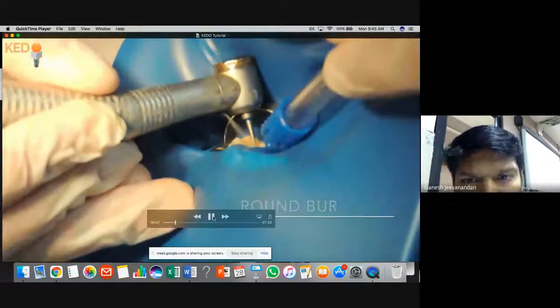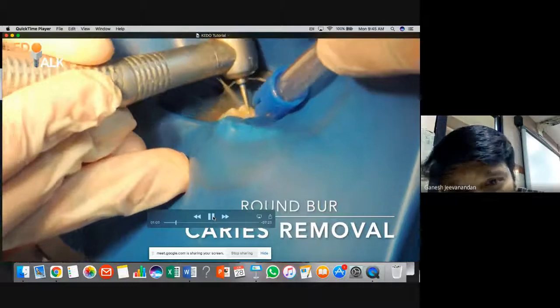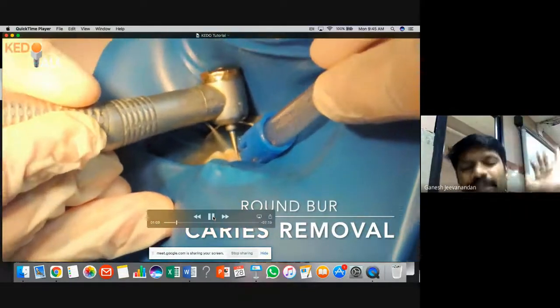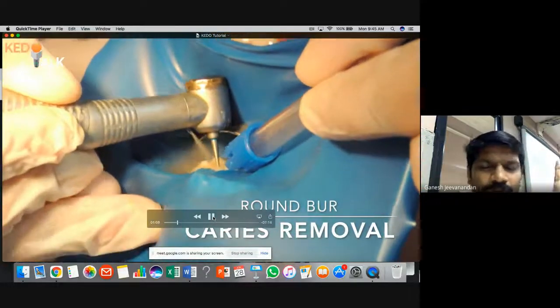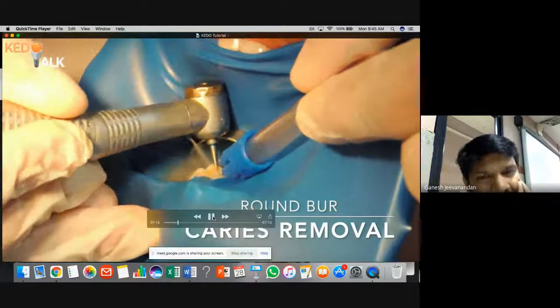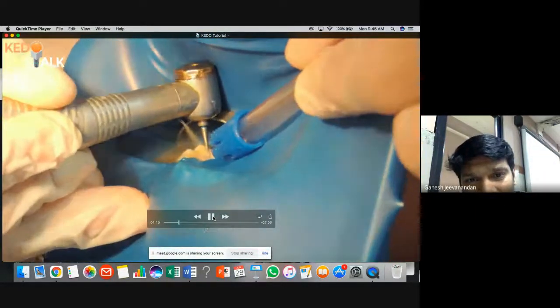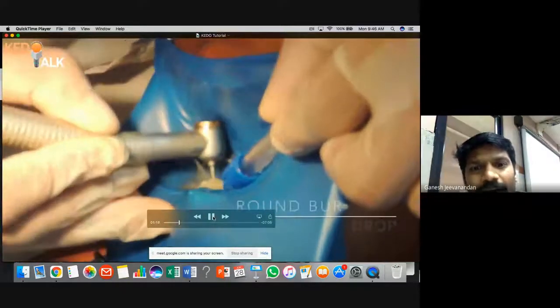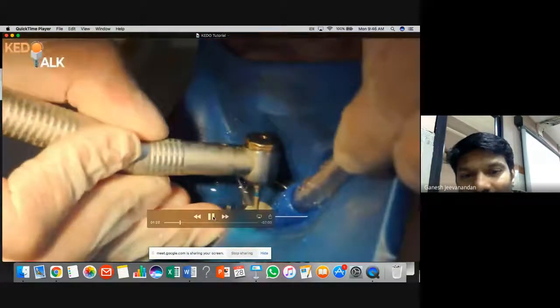Then we do an access opening. Look, we use a round burr first to get that initial dip inside the canal. Whatever burr you are comfortable with, you can use. After you get this dip, suddenly there will be a dip inside. Then I use a Safe-End burr.